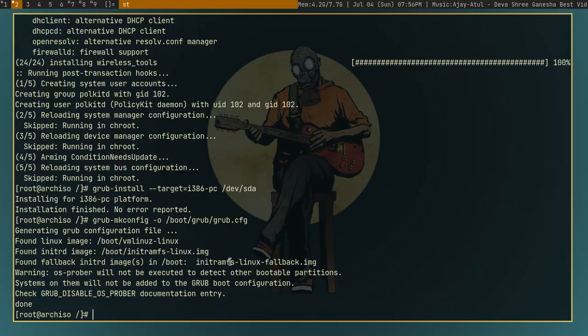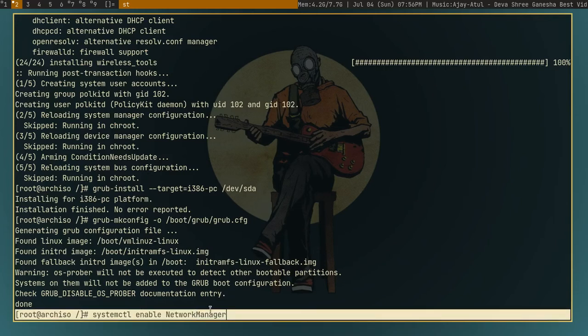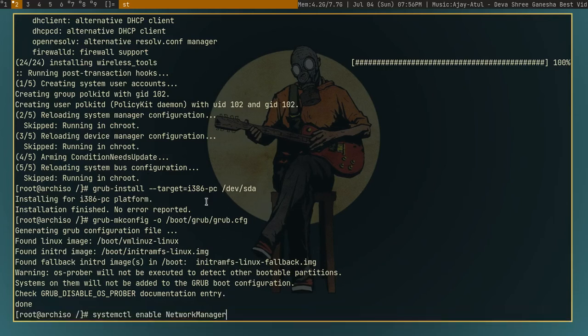Okay, it's done. Our next step is to enable the packages. You can type systemctl enable NetworkManager, with capital N and capital M. This command is required so that we can have access to the internet after the system has been booted up.